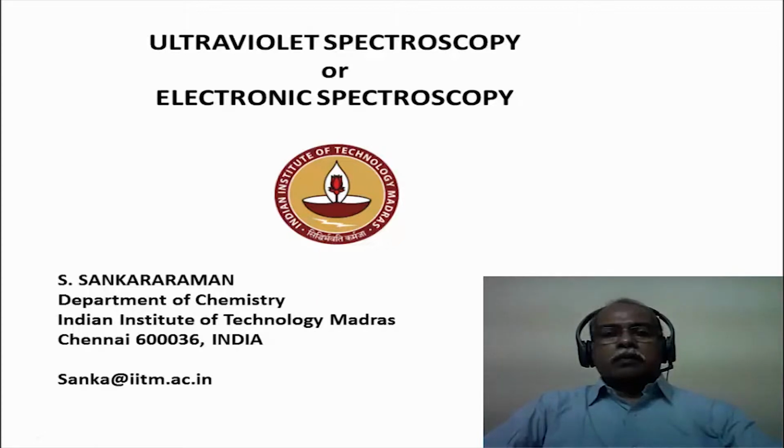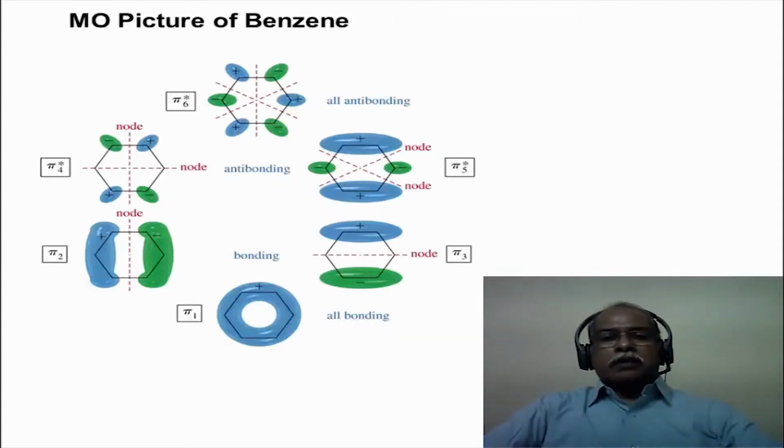Hello, welcome to Module 34 of the course on application of spectroscopic methods in molecular structure determination. We will continue with ultraviolet spectroscopy in this module also. In the earlier module we talked about ultraviolet spectroscopy of olefinic compounds and carbonyl compounds, the effect of conjugation, the effect of auxochromes and all those things we discussed. We will start with the aromatic system in this particular module.